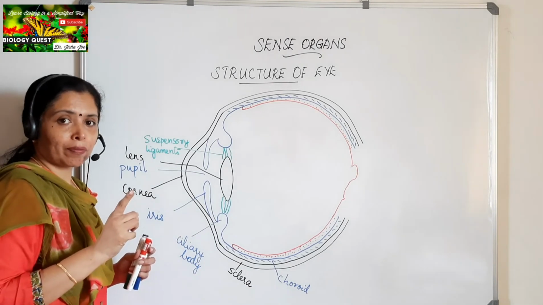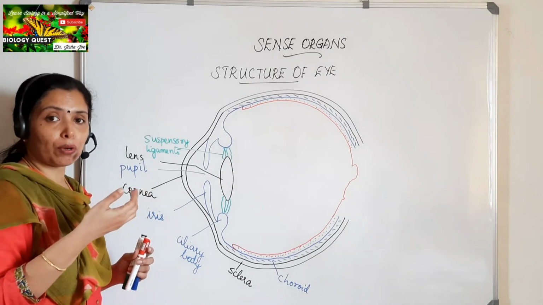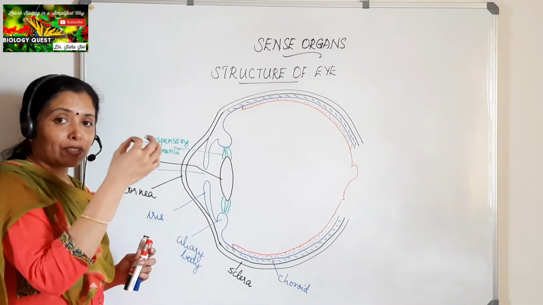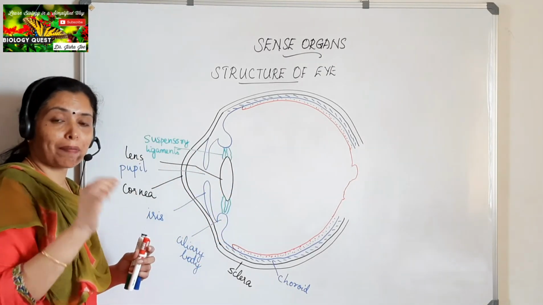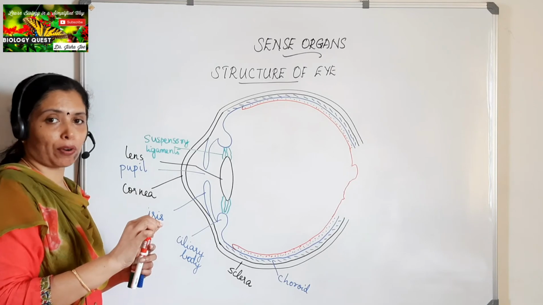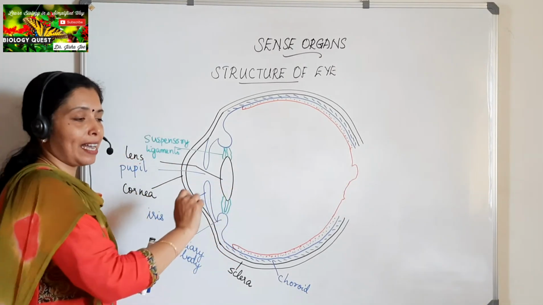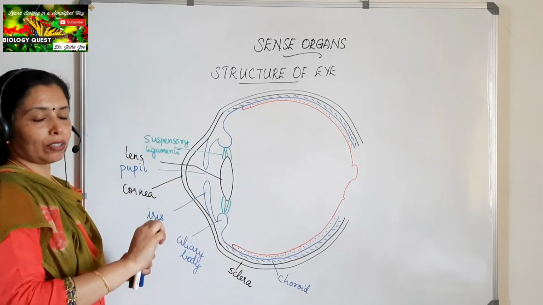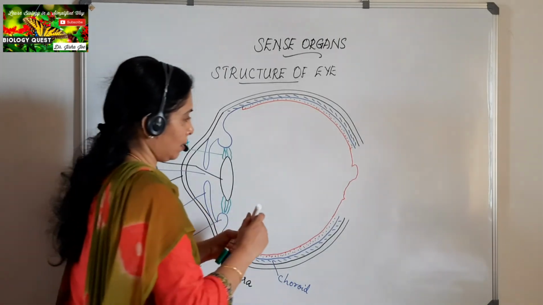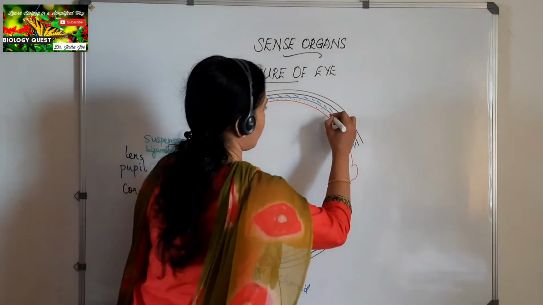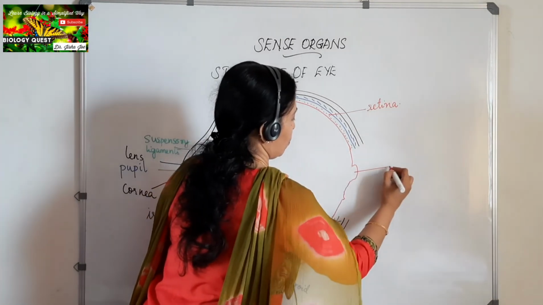So that is the reason why we move our eyes. Our eyes move while we read the book, because the light rays have to fall exactly on the yellow spot, because the cones are maximum at the region of the yellow spot. So when you draw, the yellow spot should be exactly opposite to the lens on the horizontal axis of the eye. I haven't marked the retina. That is the retina, and that is the yellow spot.